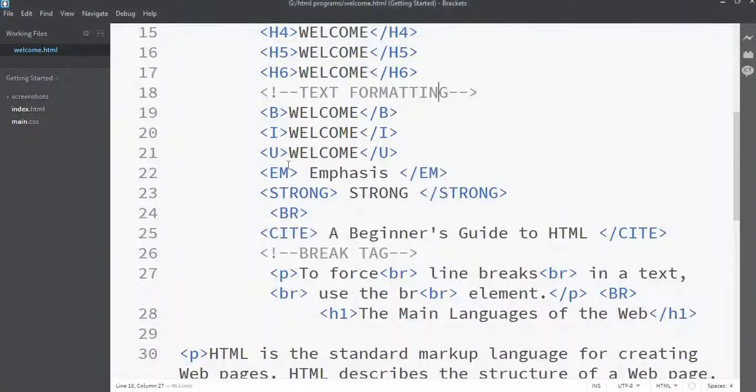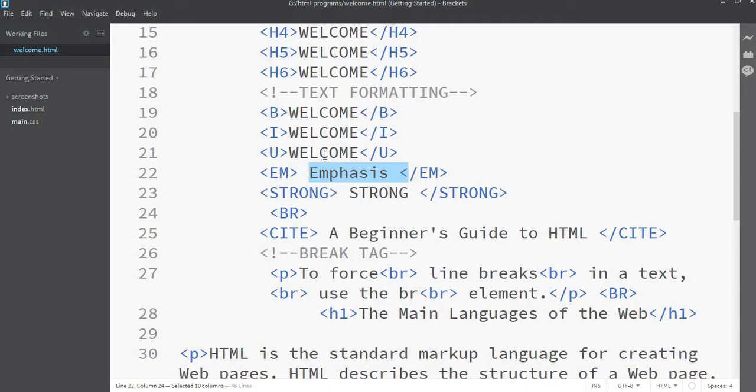See, first of all, in text formatting tags, I am using B, that is for bold, I is for italic, and U is for underline. EM is simple, emphasis means it will result like the italic part, and strong will return a value like your bold part.